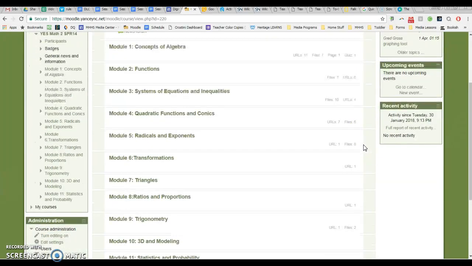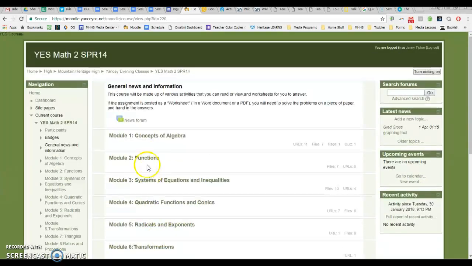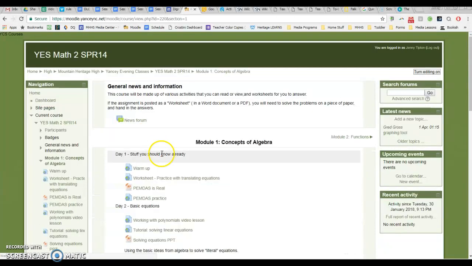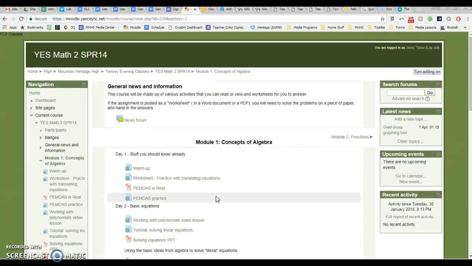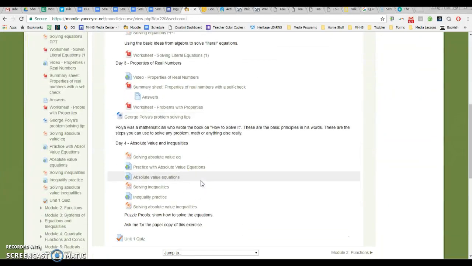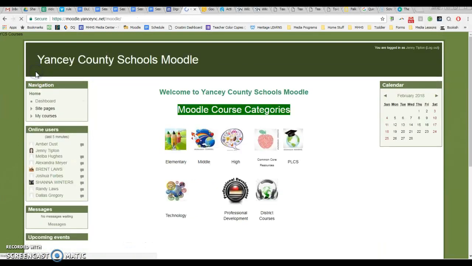So these are just the main units, and then when you click on one, there are all of the activities for that unit instead of having each of them open throughout one whole main page. And it's just more information for them to scroll through. So in order to do that, in your course,